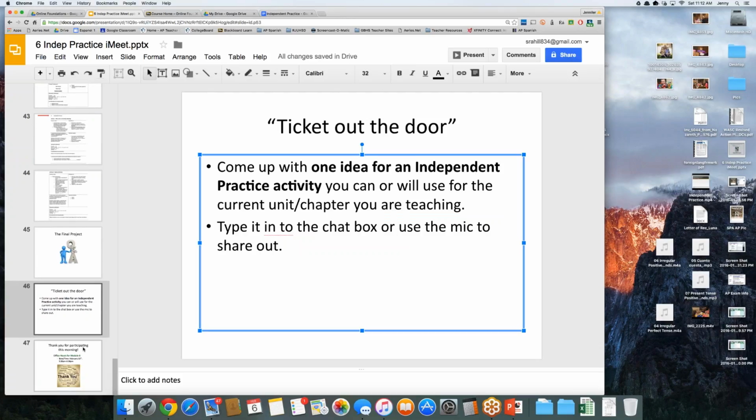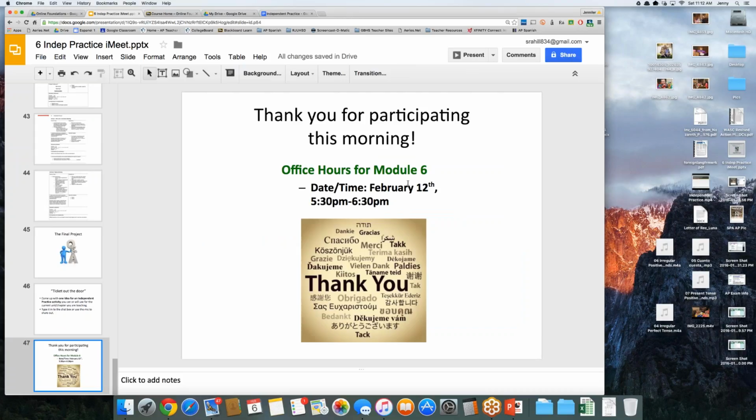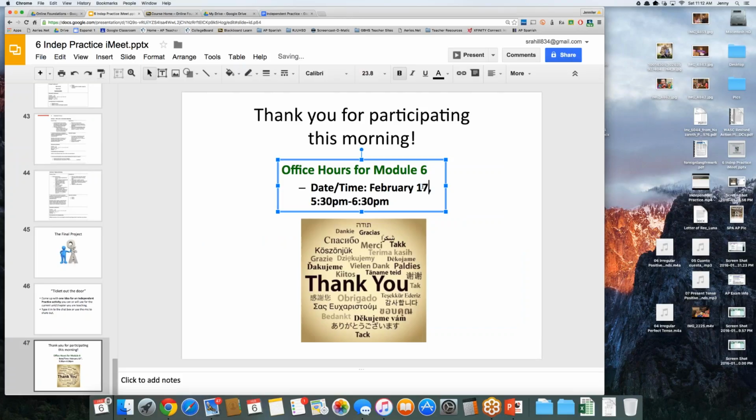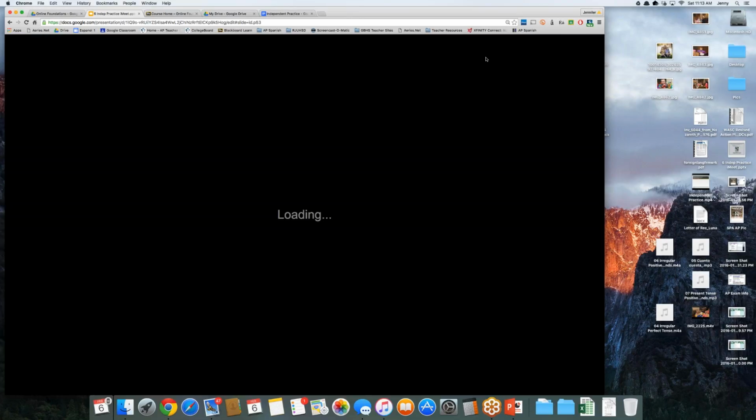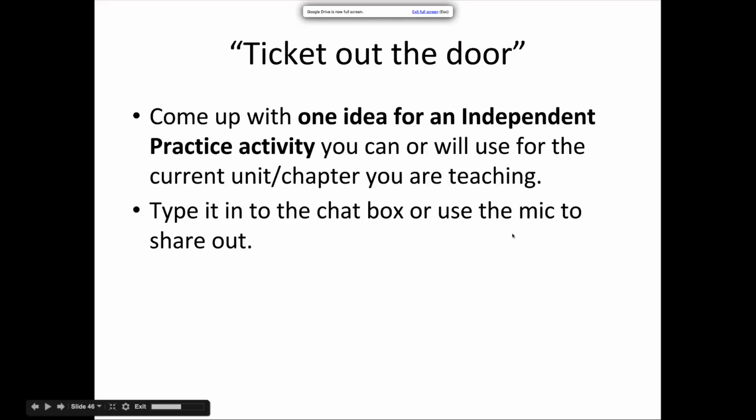What I'm doing right now, my Spanish threes, I gave them a escudo, and they're supposed to use their vocabulary and grammar that we use throughout the chapter. The chapter is about la amistad and their personalities. And so they're supposed to fill in the escudo with, I gave them certain questions, like in one square I said,